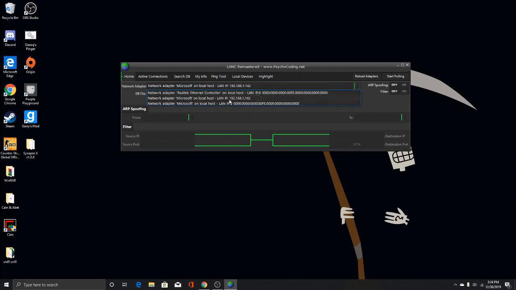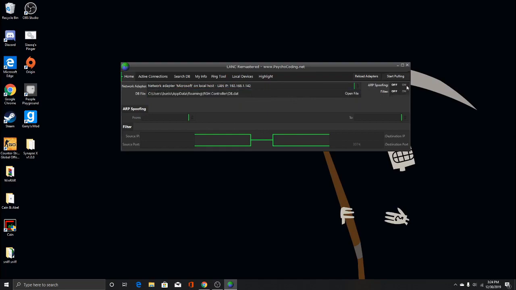You're going to click on the one that is something along the lines of 192.168.1 point something. It's basically just going to be this. No, none of this kind of stuff. It's going to look like this. So it's not going to be this exact number, but it's going to look like this. So once you have that selected in your drop-down bar, you're going to want to go over to ARP spoofing